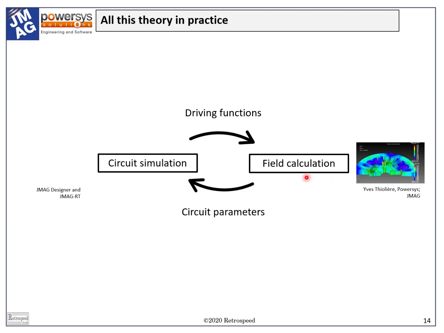But all these effects are of course within the scope of the most advanced software tools, and in thinking about that I can't escape the conclusion that what I've been describing is actually the elementary theory of the AC machine. But this diagram suggests an interesting idea, a redefinition of what used to be known as the universal theory of electric machines. Given the right software tools in circuit simulation and field calculation, and an efficient linkage between them, that is, in effect, exactly what we have, a universal theory of electric machines.